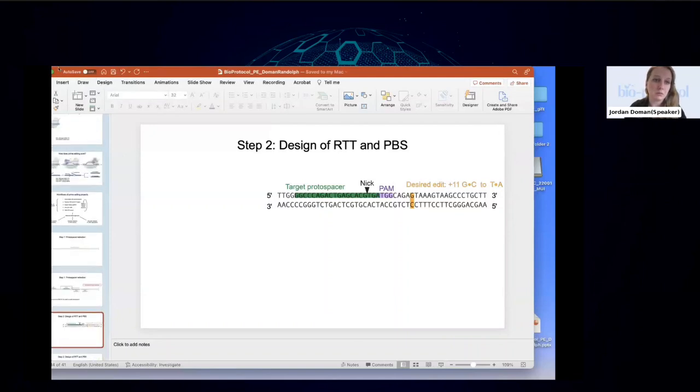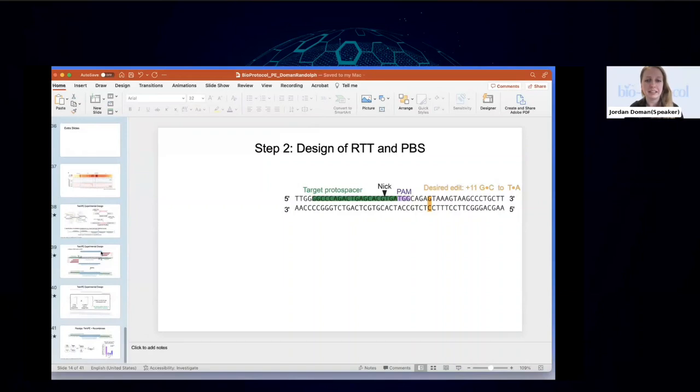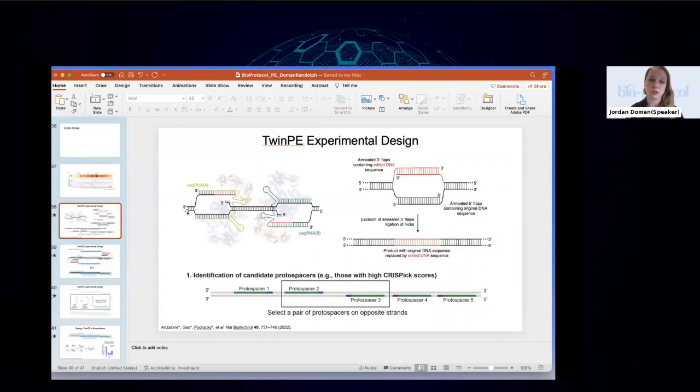For example, one of the most efficient edits we have is the +26 G to C at the HEK3 locus, which is very far from the nick, but still works well. So if I was doing a prime editing experiment and there wasn't a good NGG PAM, I would just try to do something from farther away, or I would use twin prime editing, which can make changes from even further away. We didn't talk about twin prime today, but if there are questions about that, we can happily answer them. But I would rather do something like that than use a non-SpCas9,